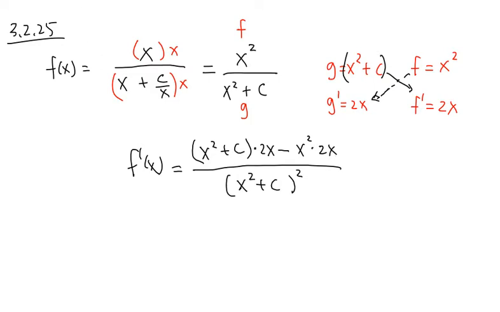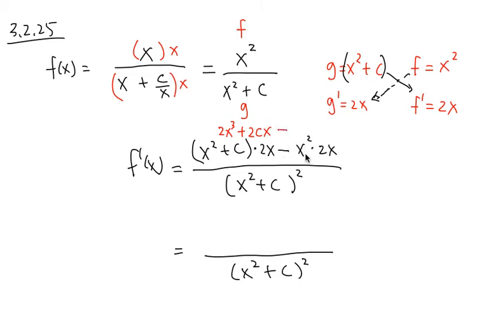Alright, and now the usual deal is we are going to just simplify the top, and then that's pretty much it. So I'm just going to write down the denominator first. Let me just copy the bottom. Usually I don't need to do anything too crazy. Anyways, on the top, I multiply this out. 2x times x squared gives us 2x to the third power, and 2x times c is plus 2cx minus,